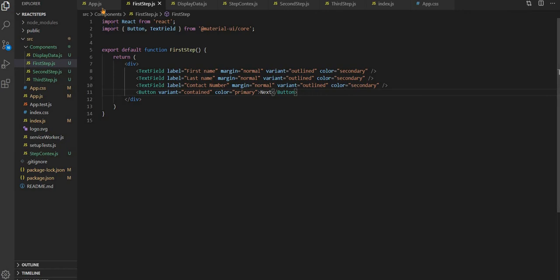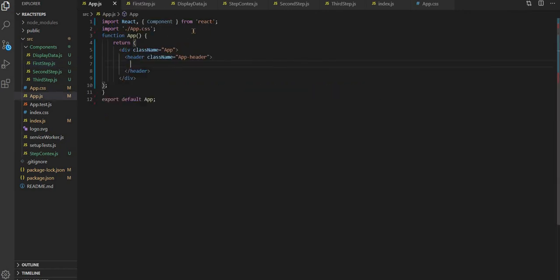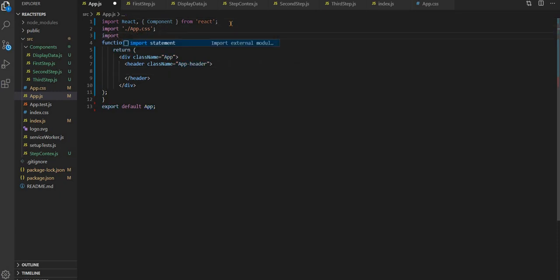So let's import this in app.js and check. So I'm just importing first step from component first step.